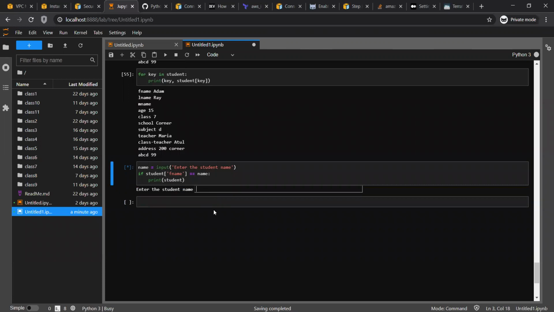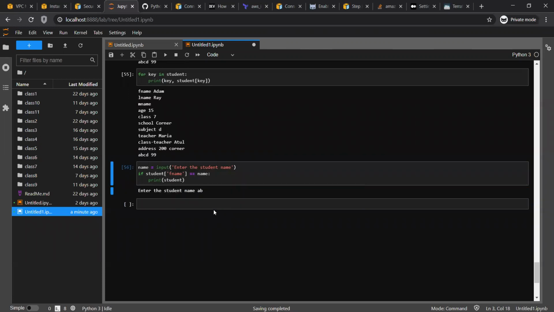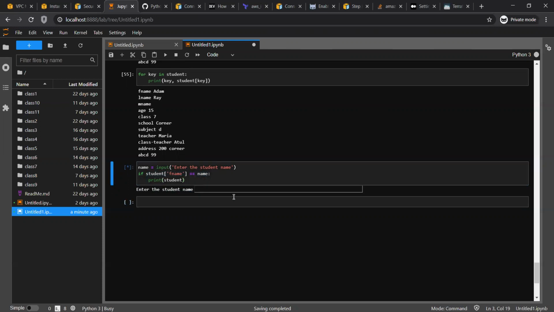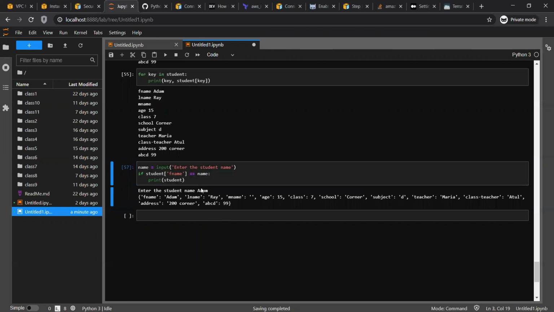So it is asking what is the student name. Let's say I'll say AB. It will not return me because this if clause is breaking here, right? Because obviously AB doesn't exist. If I run again, and the name of our student is Adam, I type Adam, it will print the whole string.